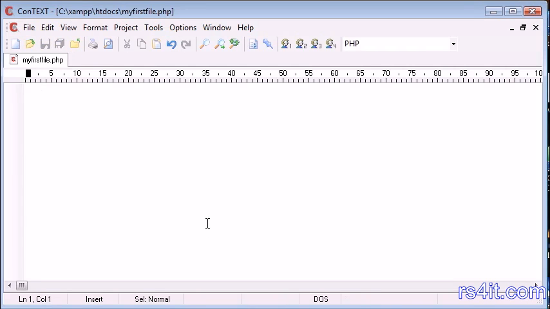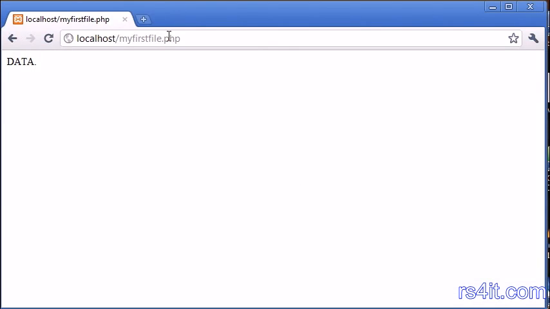So to create the first PHP file, we've done this, and our tags look like this. You'll notice that we have a less than sign, a question mark, PHP, and then we end on a question mark in here. So that's very similar to how we open up and close HTML. So we open up tags like that and end tags like that. In PHP we do this, but that's not what this tutorial is about. We've created our file, we've accessed it from our web server, and now you can go on to the tutorials where we talk about echoing out data to the user and so on and so forth, and you can start